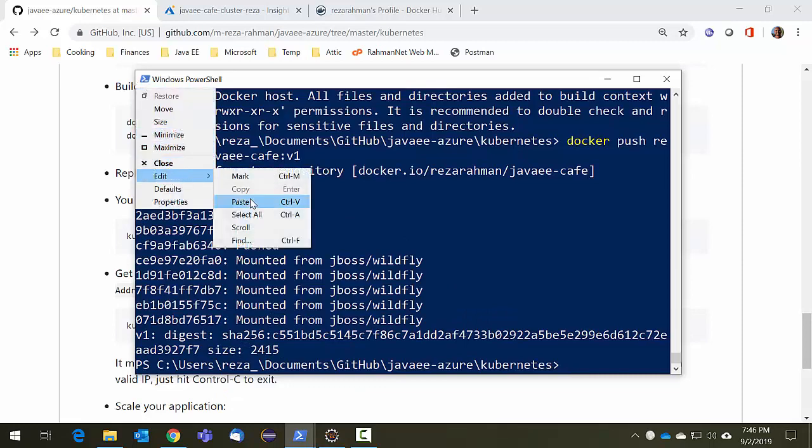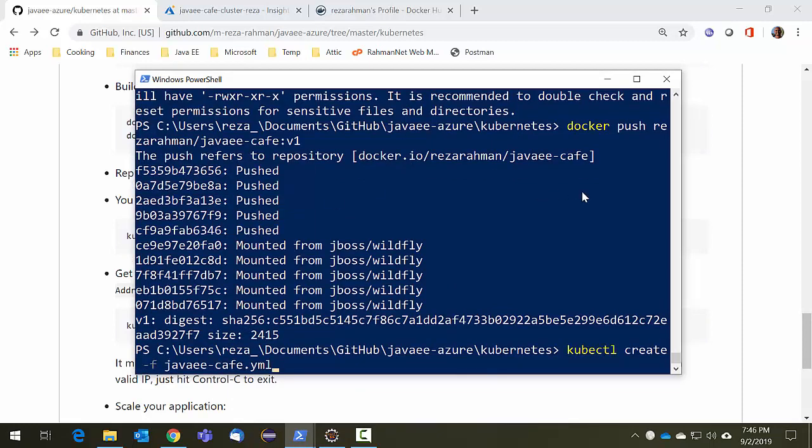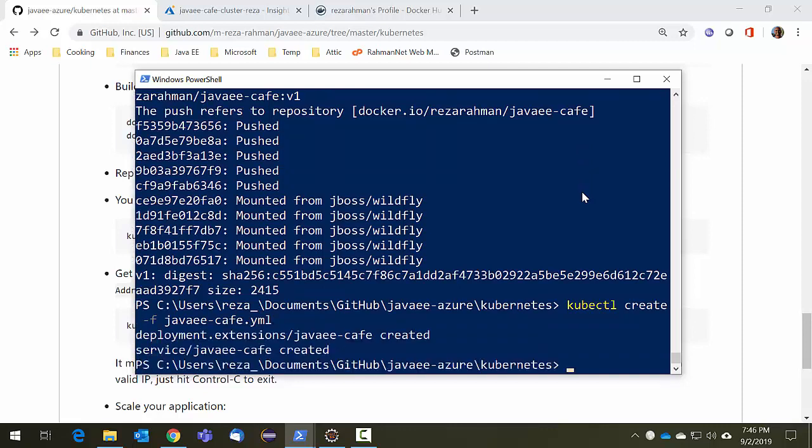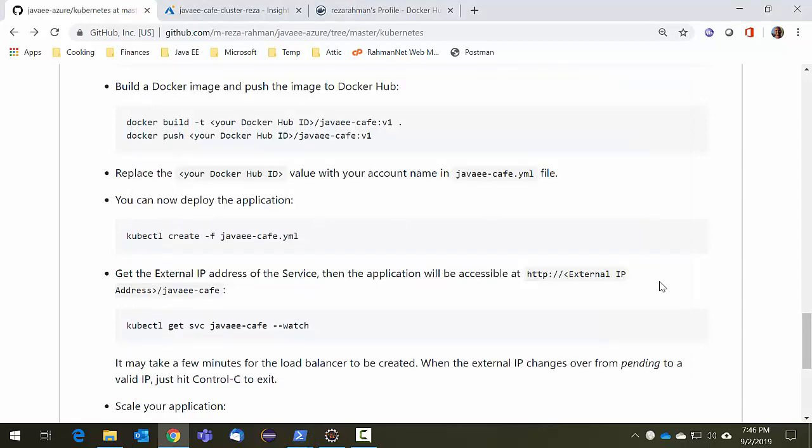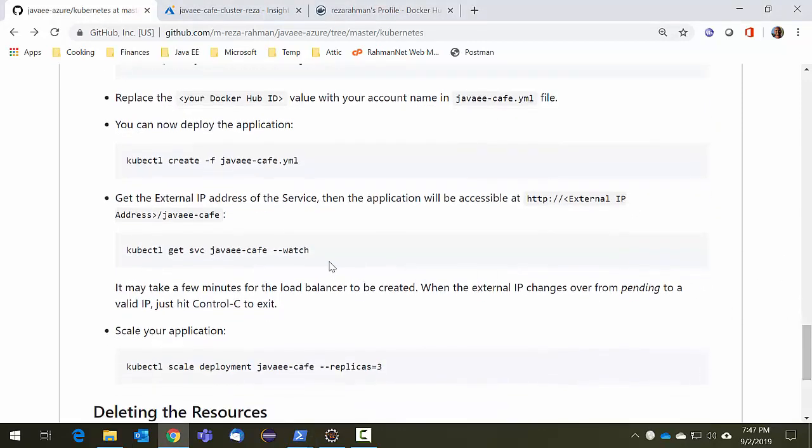So let me go ahead and issue this kubectl command, and what we are doing is creating the actual Docker image instances on Kubernetes. So let's do that. And now it is actually created. The next thing I need to do is monitor. I'll show you the contents of the javaee-cafe.yaml file in a second, but in the meanwhile,